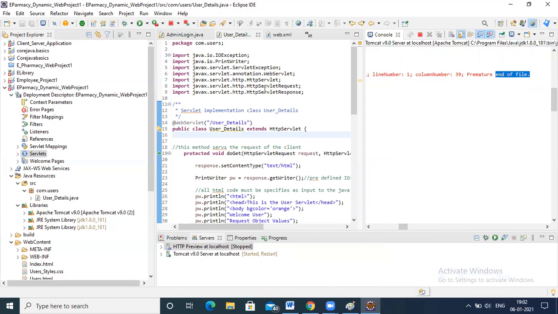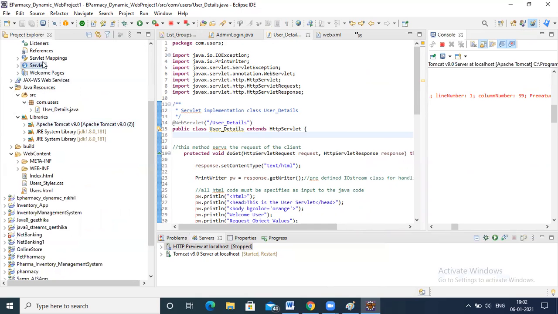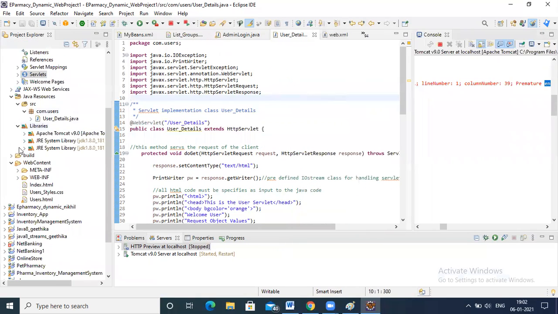So your server is not able to read your web.xml file. Prematurely it is closing the XML file. That is the reason it is not executing. Okay. So what we can do is